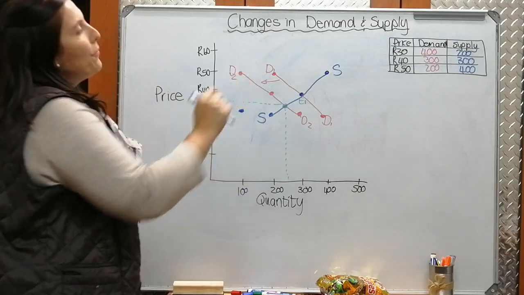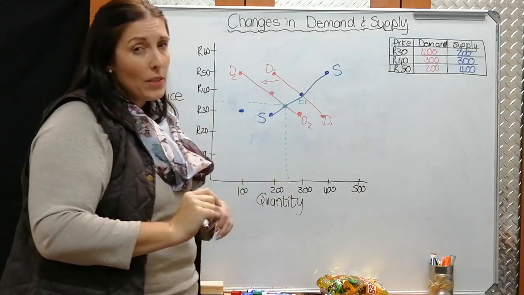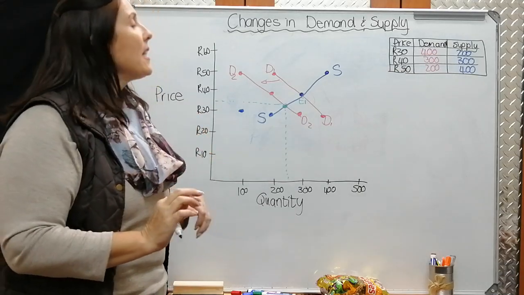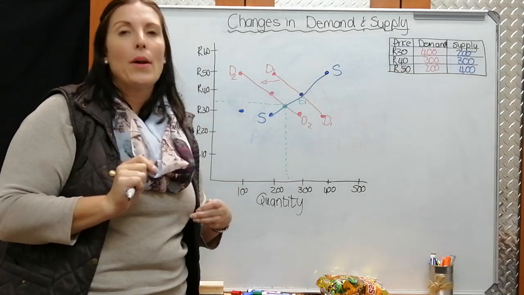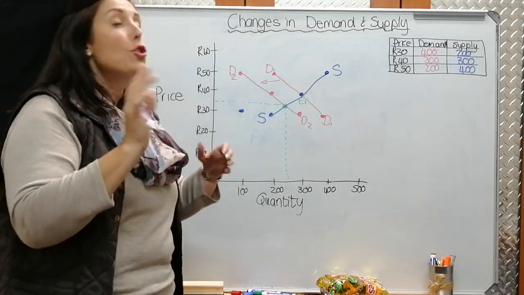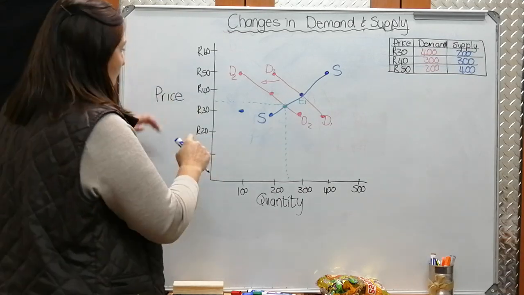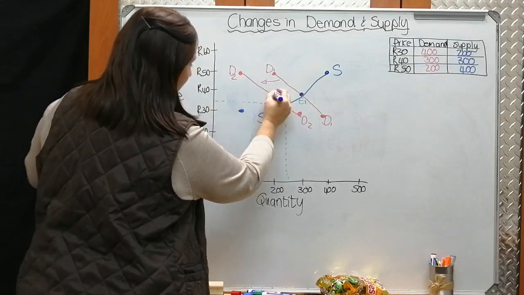Okay. At 40 Rand, where they previously were happy to supply 400 slices, at 40 Rand is 300 slices, they will say now, at 40 Rand, we will now only be happy to supply 200 slices of cake. So they're also bringing their supply down now. So at 40 Rand, they are now willing to supply